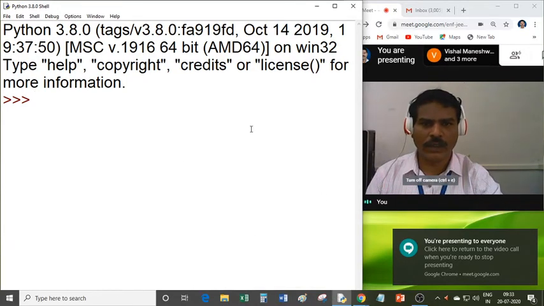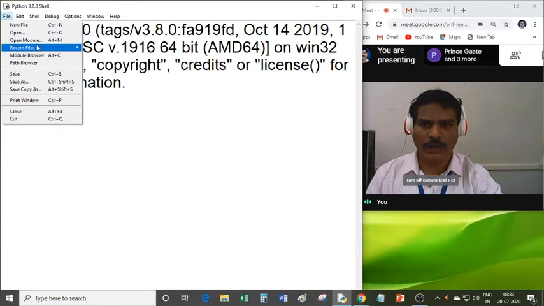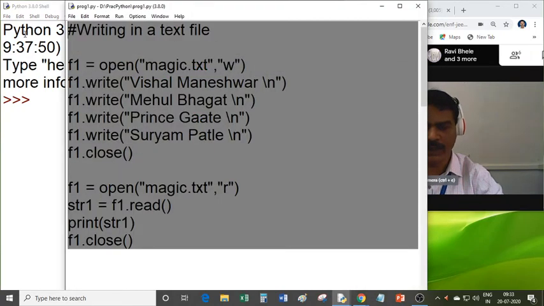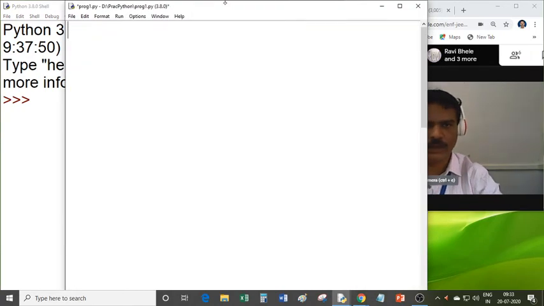So you can see that I had opened the Python standard editor. I am opening a file, that is program file. I am erasing the previous contents of this file,